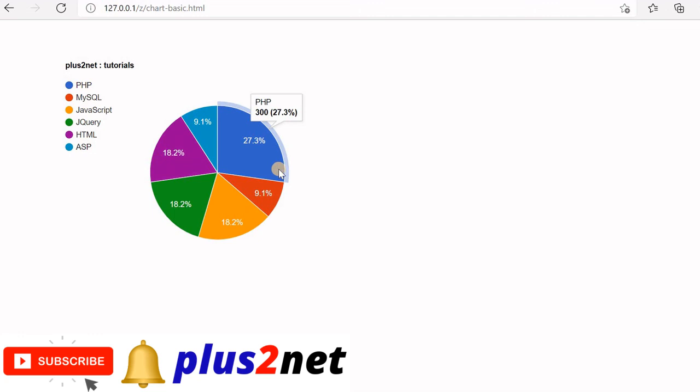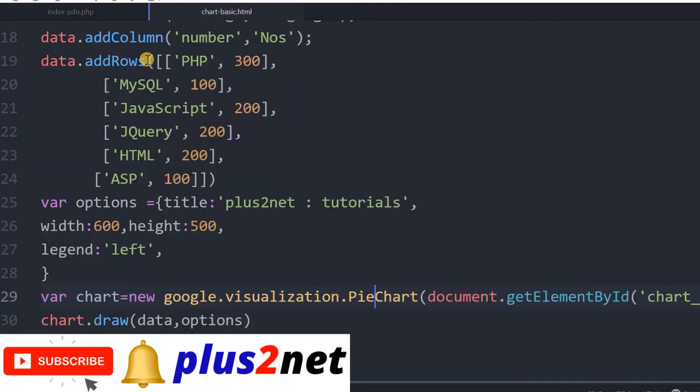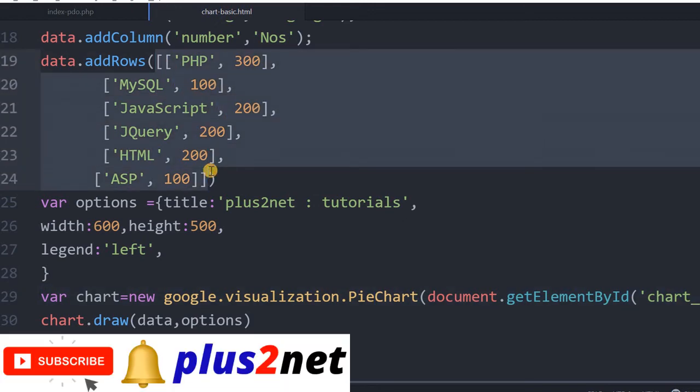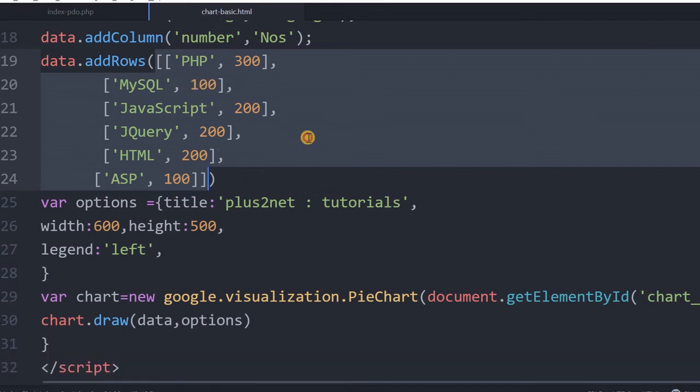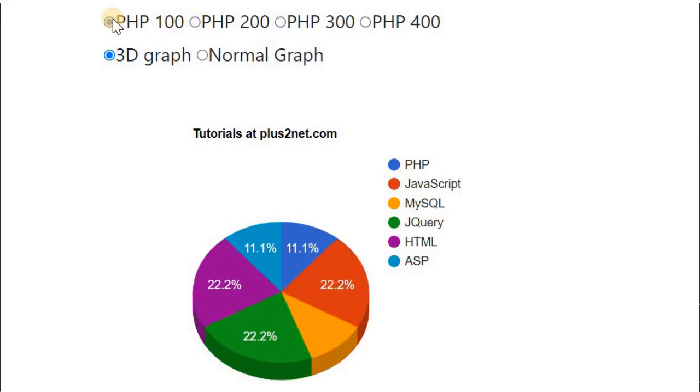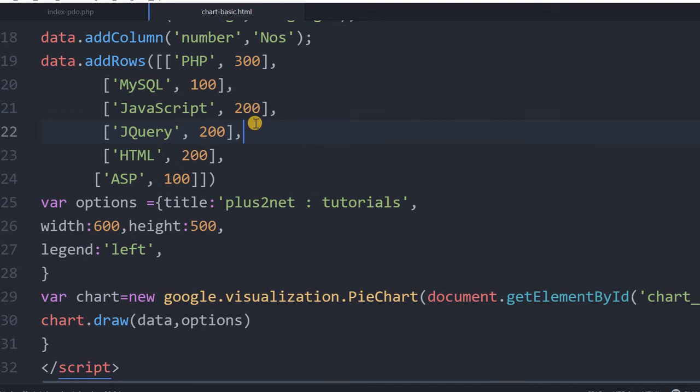Now what we will do in the next section is take this data from a MySQL database. There lies the beauty, because once you take it from the MySQL database, we will not directly paste the data like this. We'll use a two-dimensional array in JavaScript, loop through it, add one row to this and create. That way we can create it dynamically. In fact, by using JavaScript we can also change these values. When you change these values, you can see your graph will automatically change. That part also we'll explore.